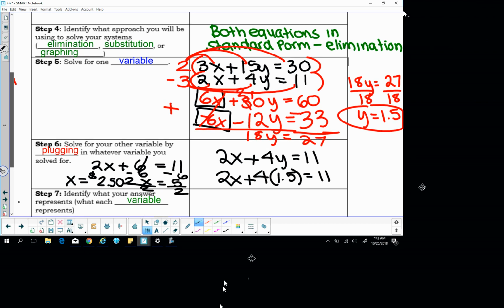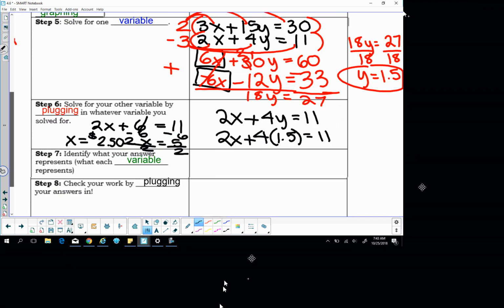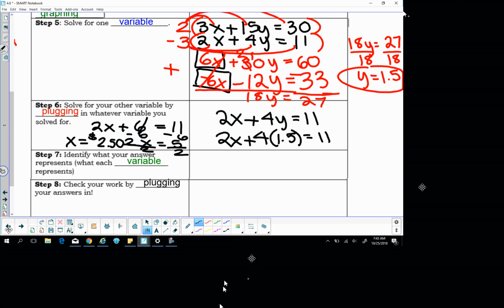So I'm going to go up here. And a pack of streamers is $2.50. Because that's what I got for it. And so we already did this right here. Define what each variable means. So we'll write it again. A pack of streamers, we know costs $2.50. And we know a pack of party hats costs